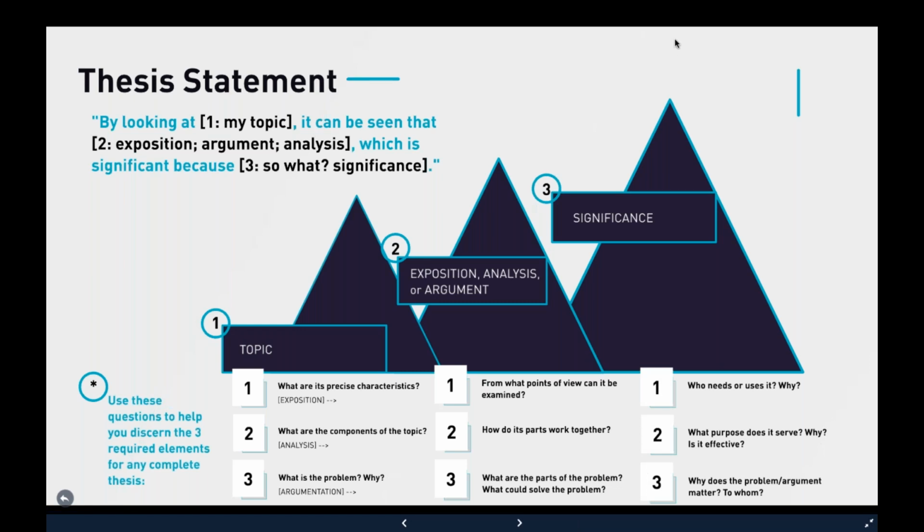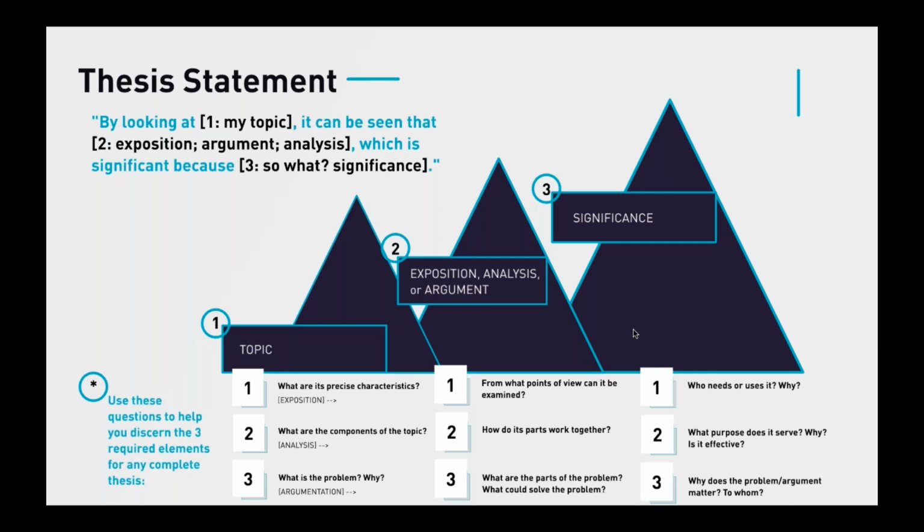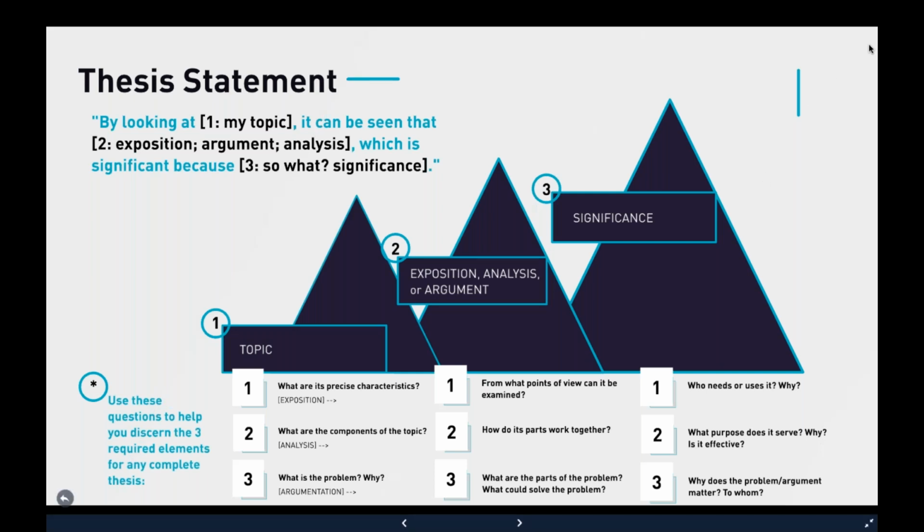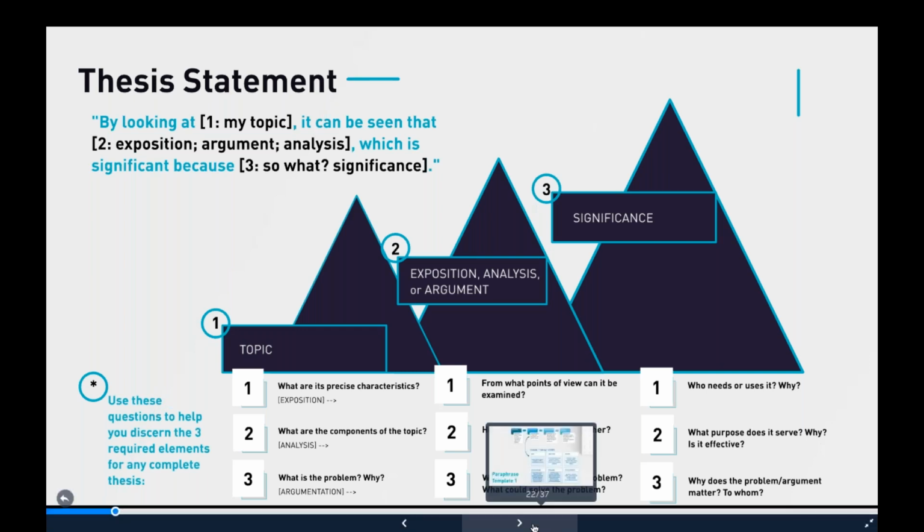Finally, for significance, the last part of the thesis statement, for exposition, I can ask myself who needs or uses it, why? So this is as argumentative as expository writing gets. Very simple, just an examination of why the thing that we're exposing is needed by someone. For analysis, we're going to explain what purpose do the pieces serve altogether? Why? Are they effective? And for argumentation, I need to end by explaining why the problem matters and to whom. These are the important pieces that allow us to form a strong argument throughout our paper. Once you have this, you can go to the next step,